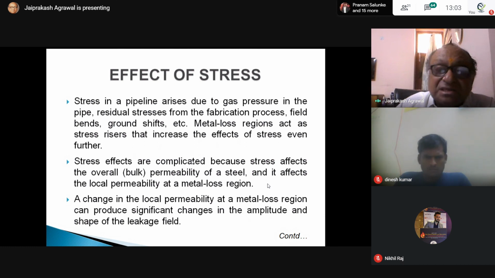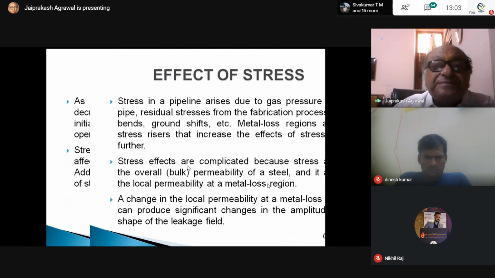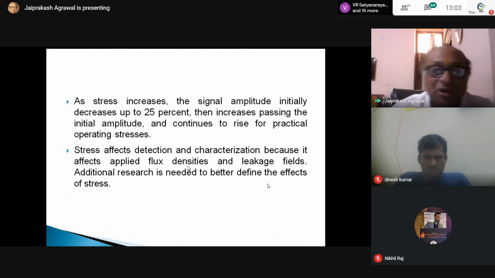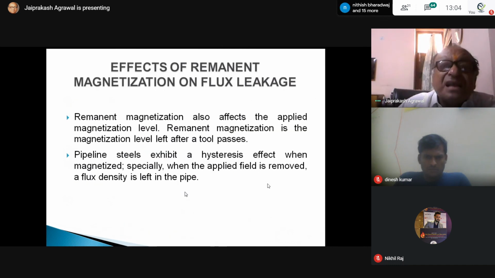Whatever pipeline is there, inside the pipeline you may have weld defect anomalies, or certain manufacturing defects. This all creates stress, and the stress causes a change in the magnetic flux density and the readings. That is why you are doing the direct inspection. There will be certain changes, but it should be more or less within an acceptable range. And there is residual magnetism also, in the next slide.